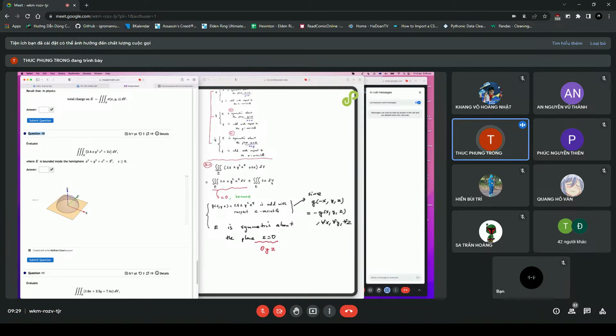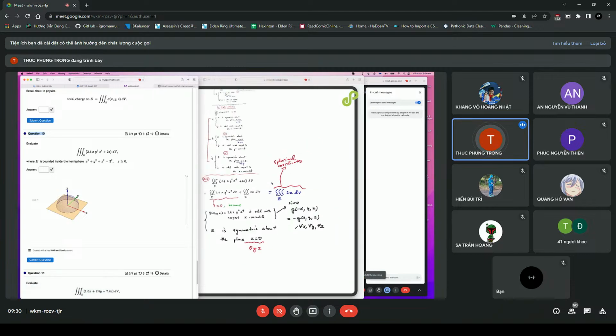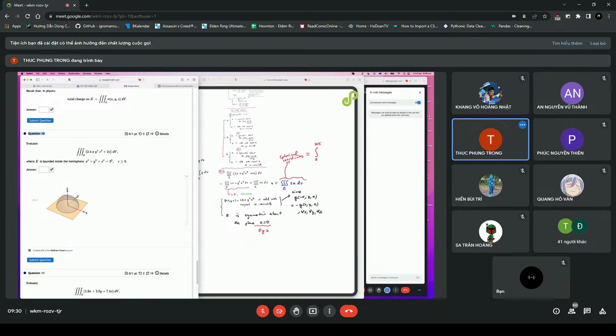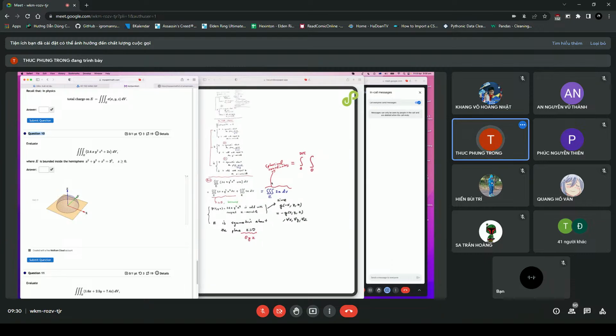So now you have only this, and then just use spherical coordinates and handle this one. Now, let me try to finish this question. So you can see now it's from 0 to 2 pi, from 0 to pi over 2, from 0 to radius